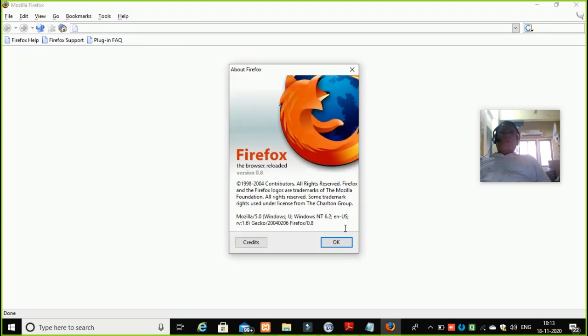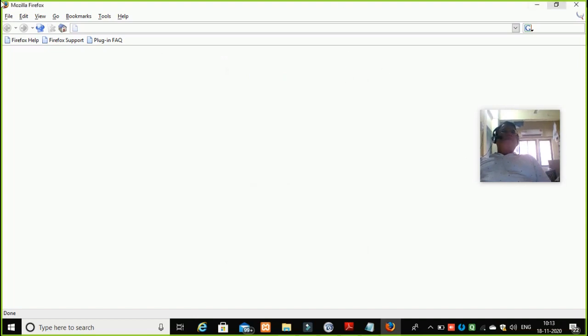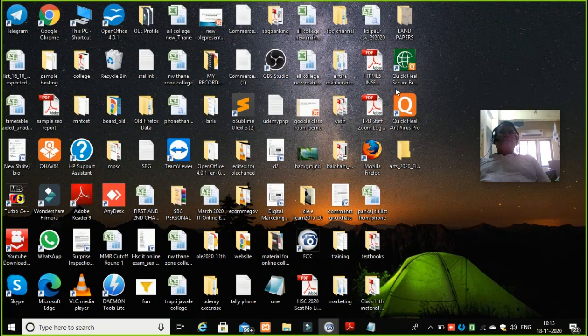This is Mozilla, you can say a very old version, Windows NT 6.2, it is the 5.0 release. Use this and I hope you will get your answers properly. Otherwise, if you are using any other browsers, probably the code may not work for the unload event. Okay, this is the solution.